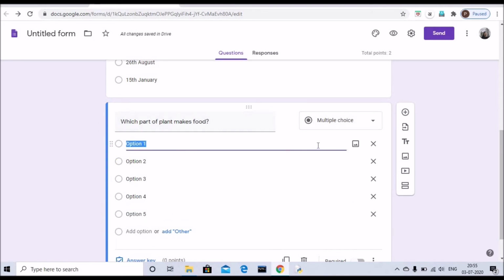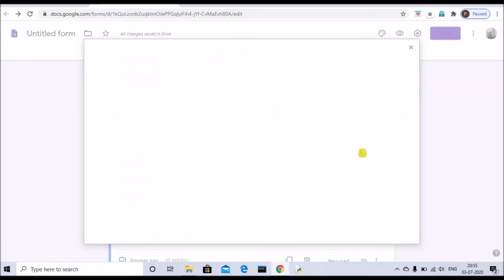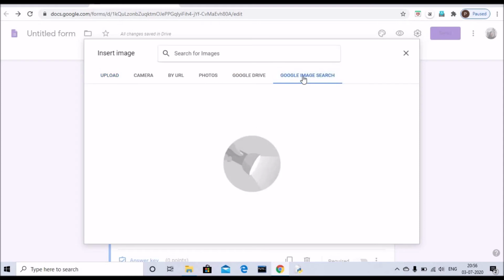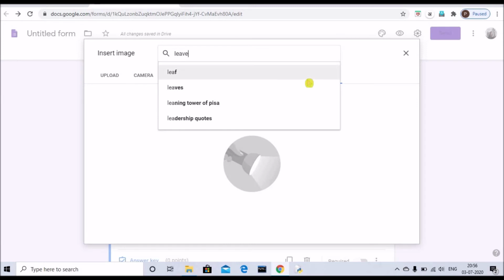So just in front of this I can see this image icon. So I can add the image, and I can go to Google image search. So I'm saying leaf maybe of a plant.